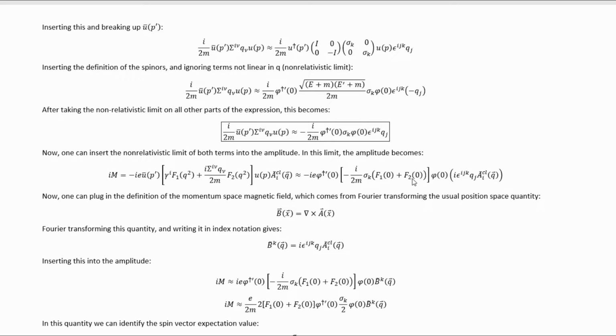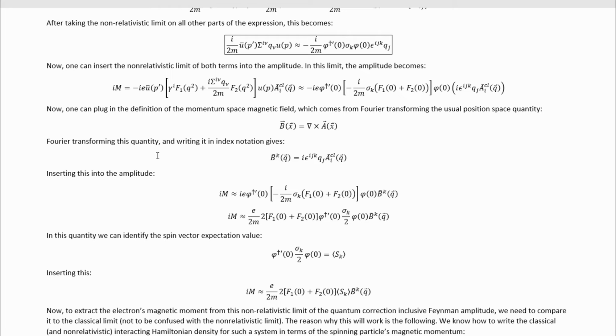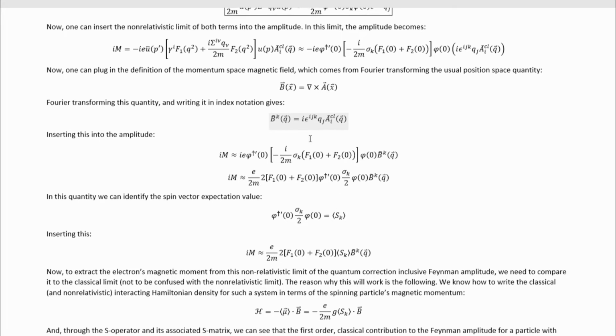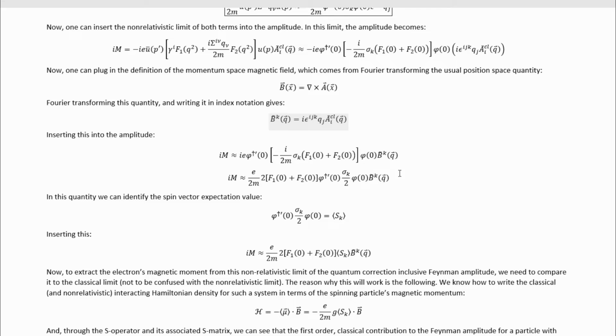So because they're purely a function of q squared as far as momentum variables go, we must evaluate them at 0 as a part of this limit. Now one can plug in the definition of the momentum space magnetic field, which comes from Fourier transforming the usual position space quantity. If we Fourier transform this to momentum space and then write it in index notation, we find this quantity here, and we can plug that in, or rather notice that it shows up here, and then just substitute the magnetic field for that quantity in parentheses, we